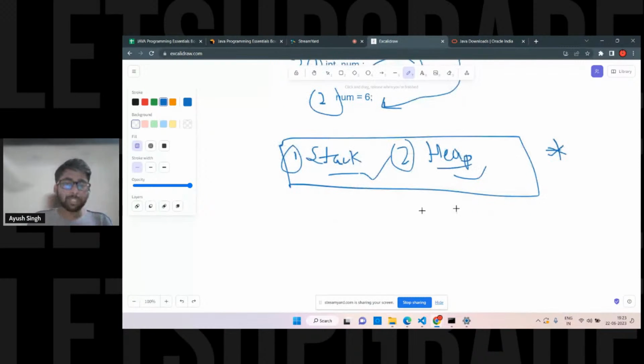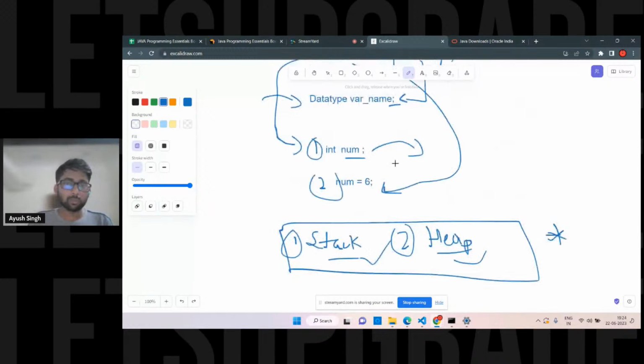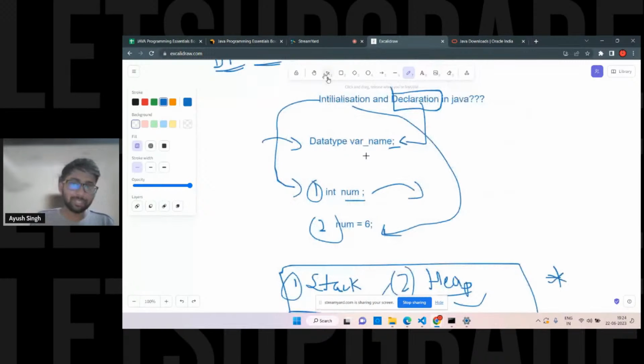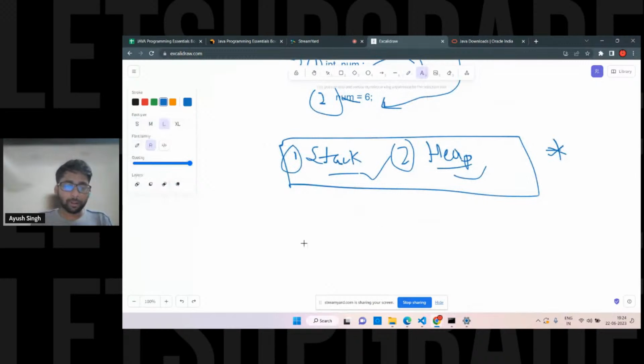Okay. So for the data type, I hope you got this point. Does anyone have any doubt in this? Anyone? For the initialization and declaration, that's quite easy. Initialization and declaration is quite easy. We are going to see it with the code. Don't worry, we're going to write the code. So one more part is data types.